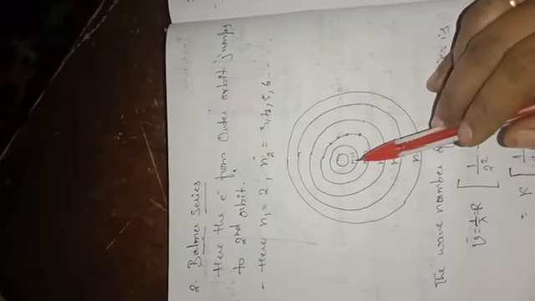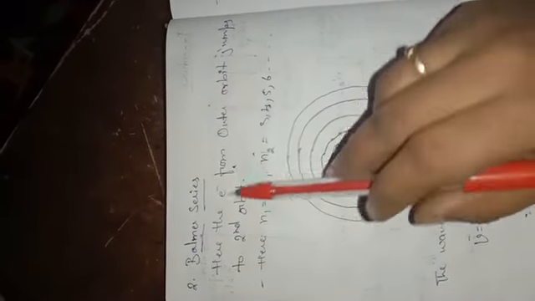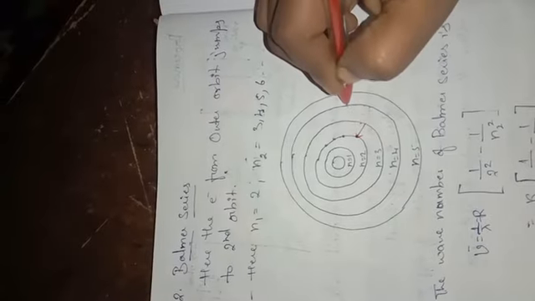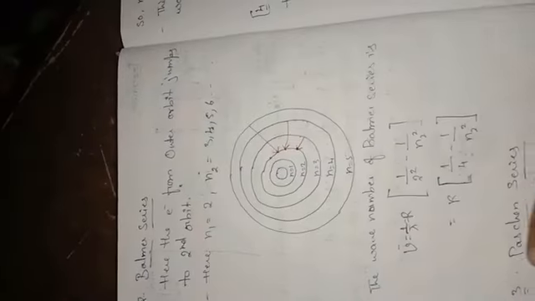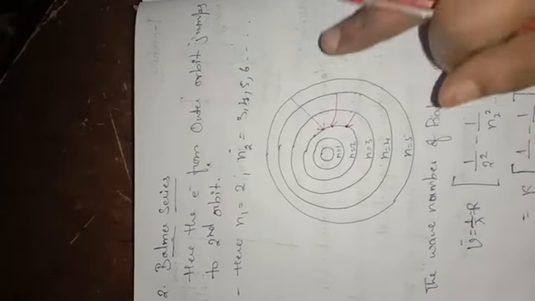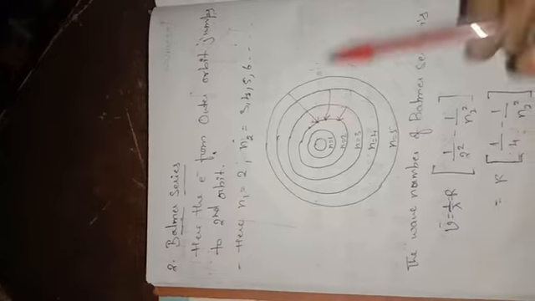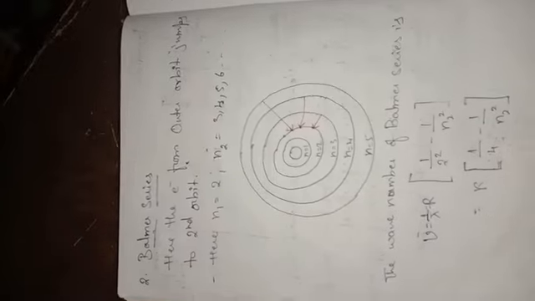Understand? These are the number of shells. This is the nucleus and shells, the number of shells. See, 1, 2, 3, 4, 5 and so on it will be there. So what I said, in the Balmer series, the outermost electron jumps to the second orbit. So from third orbit to the second orbit, from fourth orbit to the second orbit, from fifth orbit to the second orbit. So whatever electrons are present in their outermost shell, each and every electron jumps to the second orbit. When they jump to the second orbit, we obtain the Balmer series. So here n1 will be 2 and n2 will be 3, 4, 5, 6 and so on.